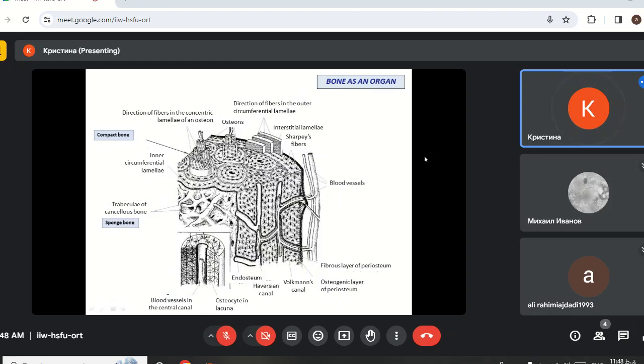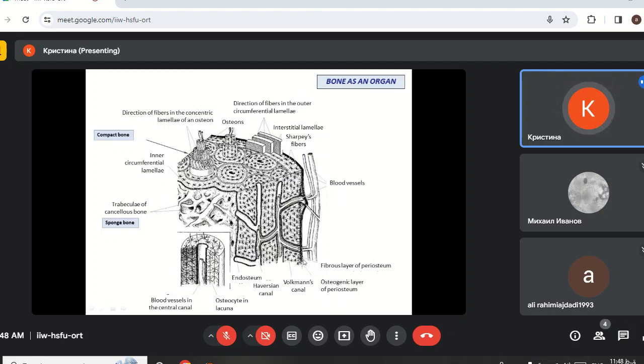So here you can see the histological structure of the bone as an organ. This is the structure of the diaphysis of the long bone. From outside, it is covered with the periosteum,